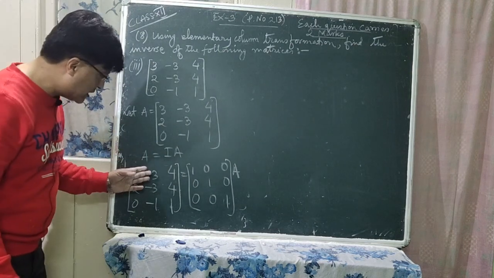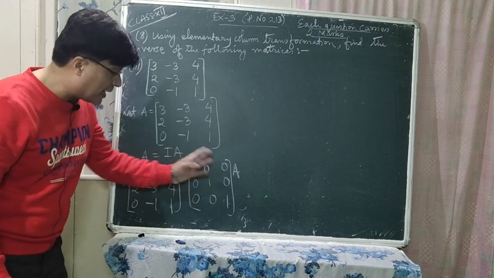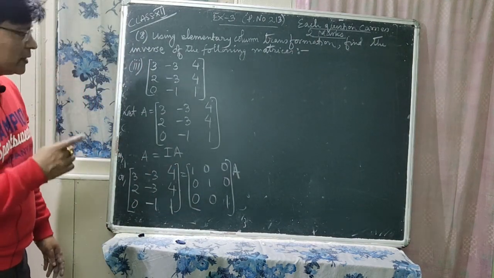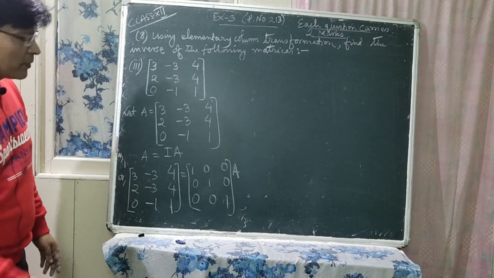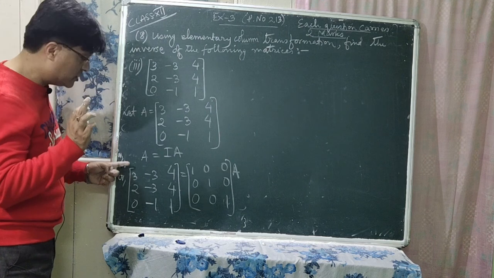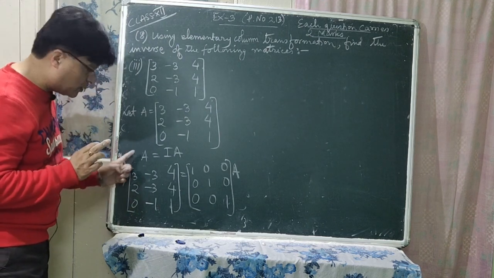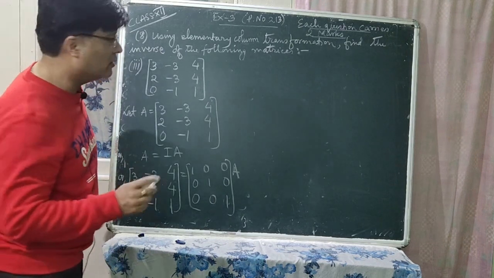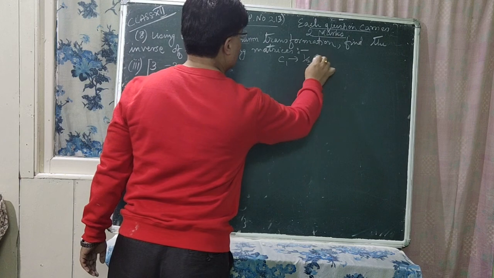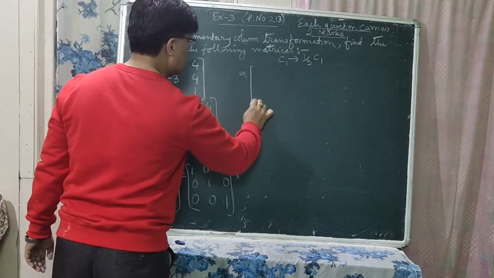Okay, so you have to change this matrix A into identity matrix, and this identity matrix will be automatically changed to another matrix so that you can find out A inverse. So first of all you should make this 3 into 1. So how can you make this 3 into 1? Using column transformation. So this first column should be multiplied by 1/3, that is C1 arrow mark 1/3 C1. Only column 1 is changing out here. So how does it change? Column 1,